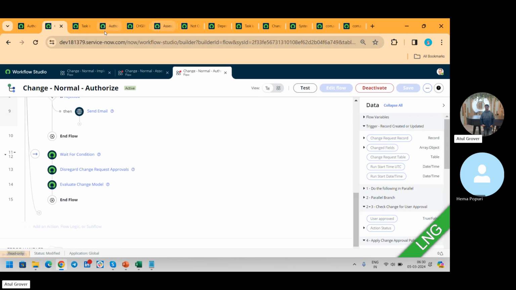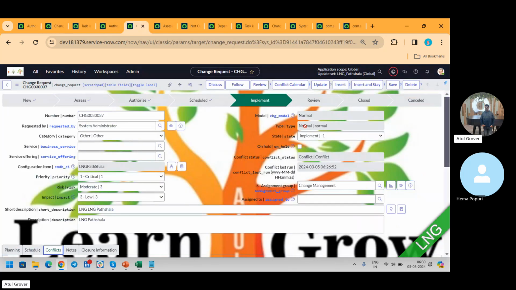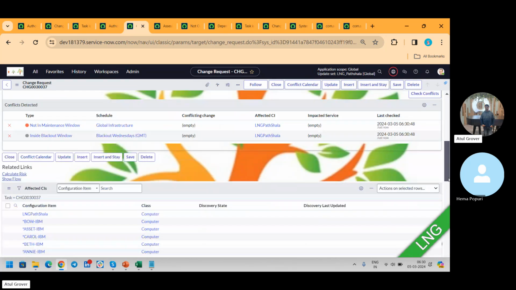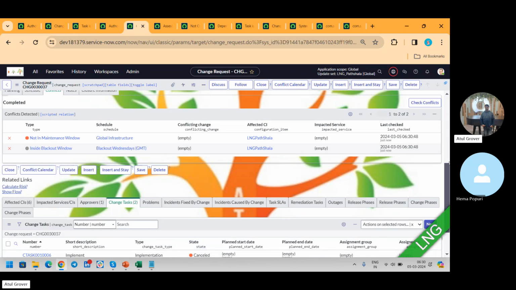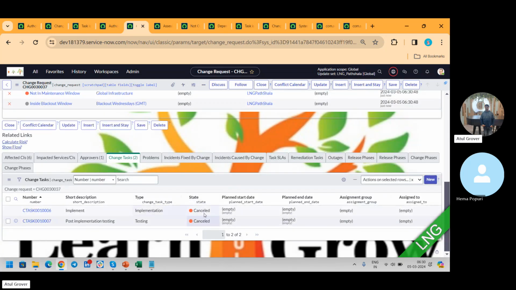Okay, so if I click on the review now, logically I need to update this task as well, these two tasks, either I should make it cancelled. Now how does this become cancelled automatically, that is also a question. These things are coming from the change properties